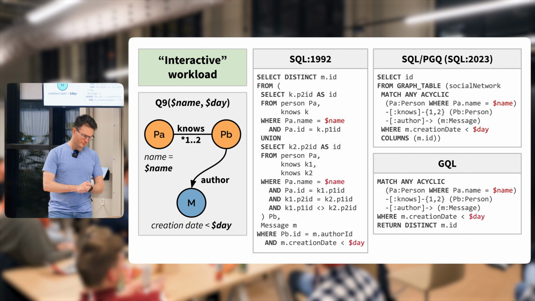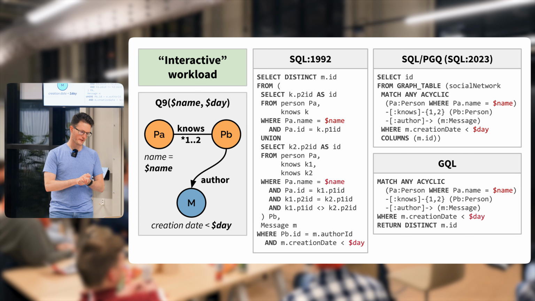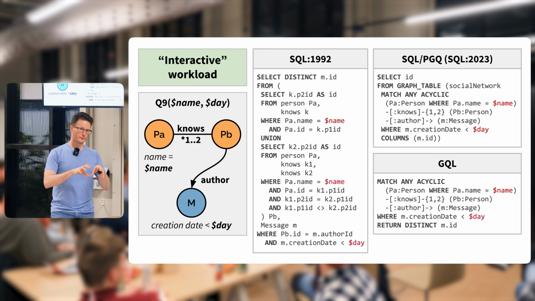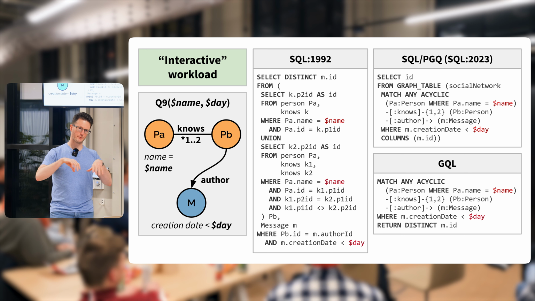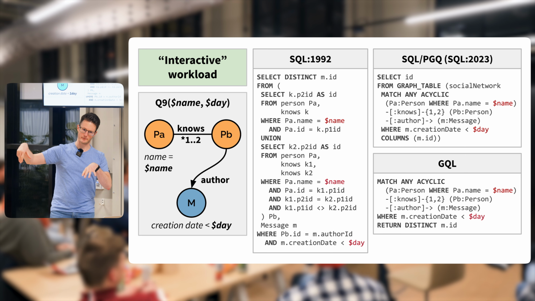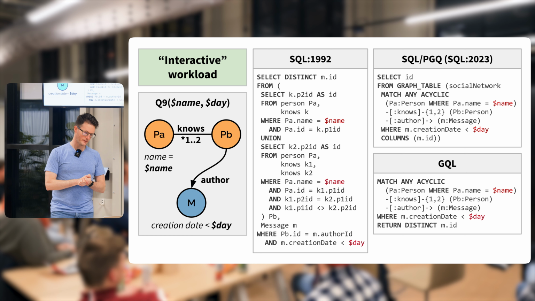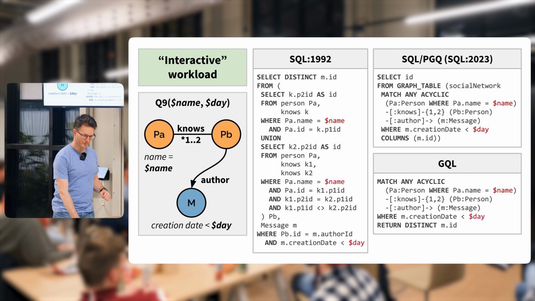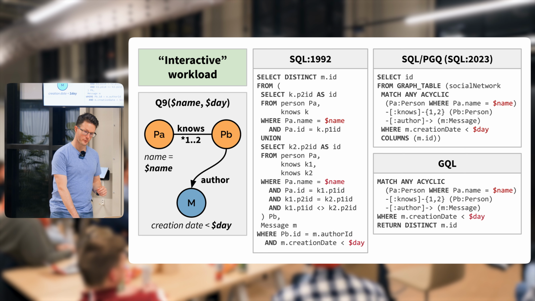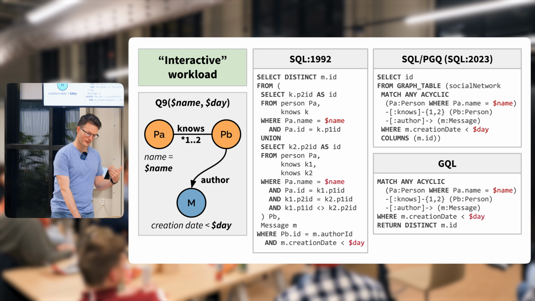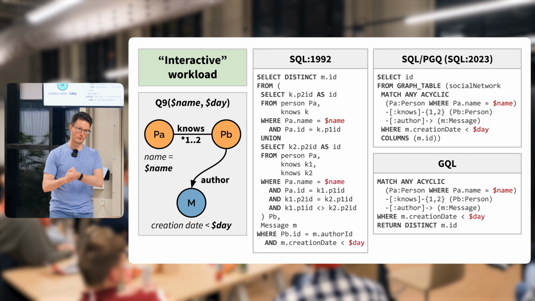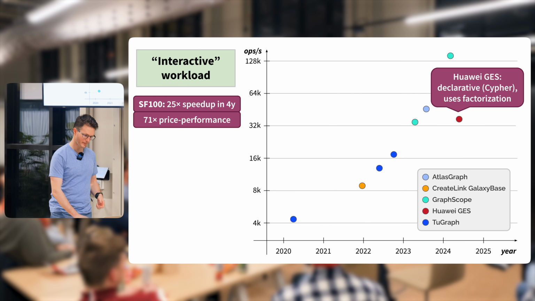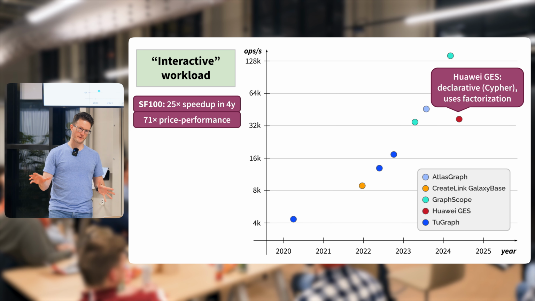Well, I will just briefly touch on a single workload, which is called the interactive workload. The interactive workload you can think of as browsing around Facebook and then clicking on stuff and getting different results in your feed. And obviously, being a graph benchmark, we selected the queries such that even though you can formulate them in SQL, sometimes even in non-recursive SQL, they're much nicer if you formulate them in a graph language like Cypher, SQL PGQ, or the GQL standard that came out last year. And I think so far it has been working.